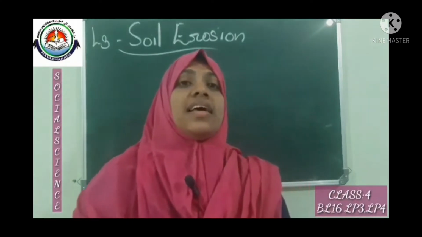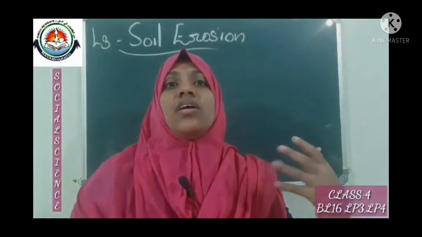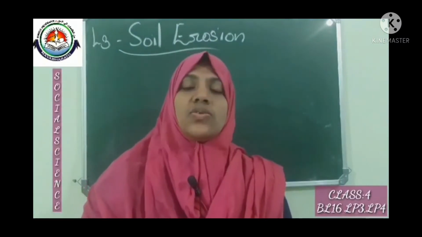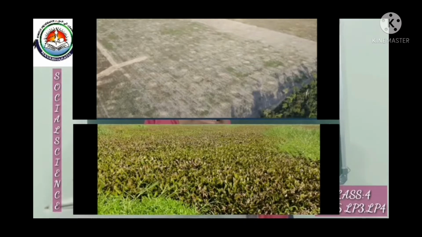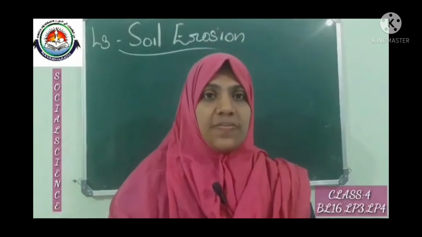So we can see soil erosion during the rainy season. Rainwater carries the thin layer of the soil. That is known as soil erosion. There are two kinds of surface, one covered with grass and plants and the other without any cover. Which soil will get carried by the rainwater more easily? Which picture? Yes, picture 1. What is the difference between these pictures?